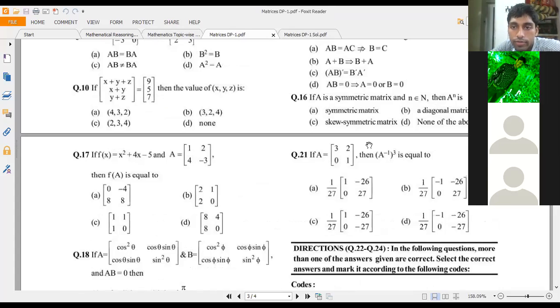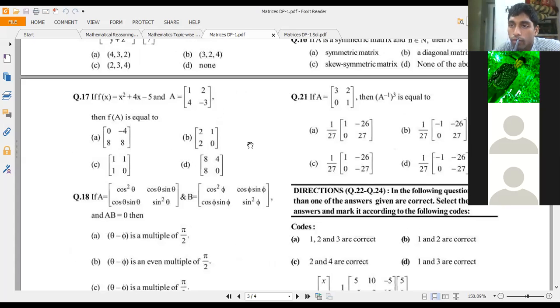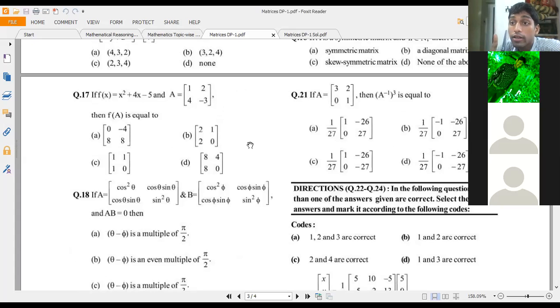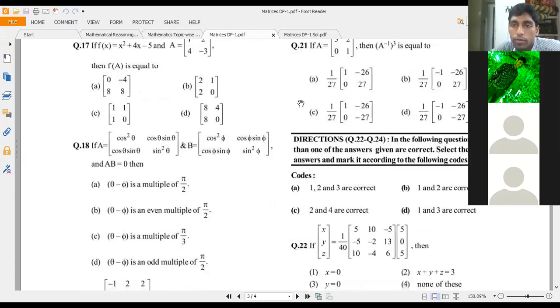A inverse has not been taught yet, right? Sir, in one page you told us that you had a doubt in that. When you were teaching orthogonal matrix, you proved that A transpose is equal to A inverse if it is orthogonal. Not always. Okay, fine. So today we will discuss the A inverse, if time permits. After that, you'll be able to do this simply.